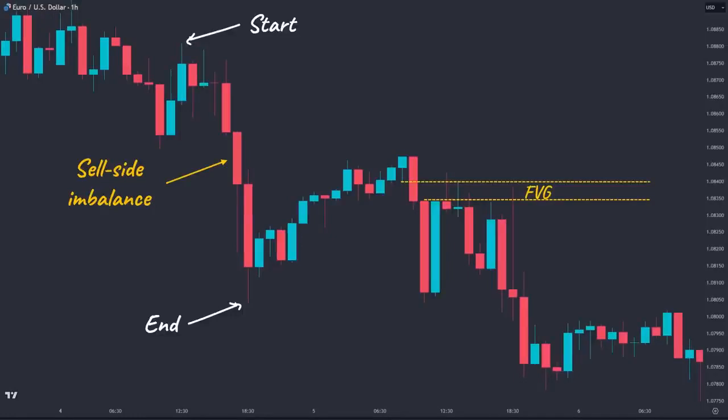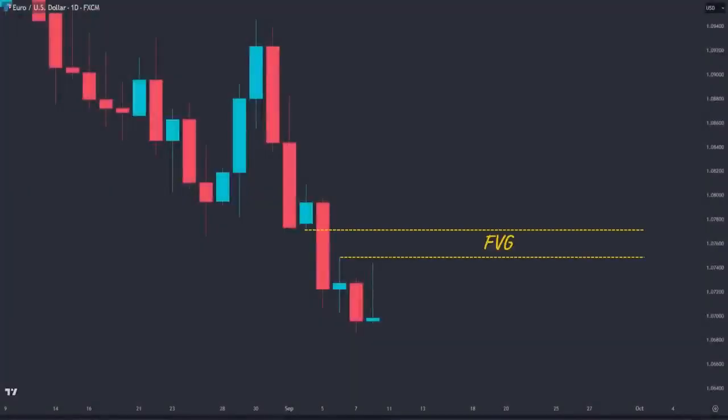We can apply this concept to all of the time frames. Even if you look at the daily or weekly time frame, you will see that price also makes FVG areas. Here on the Eurodollar daily time frame, we have a gap area between the lowest price that traded during this day and the highest price traded during this one. This area is created due to the massive selling pressure and only downside price action during the middle day. So we expect the price to eventually trade back up into that gap zone, and that's the nature of the